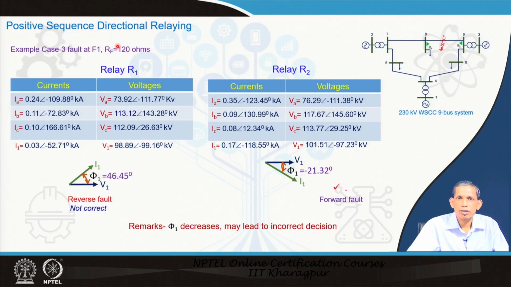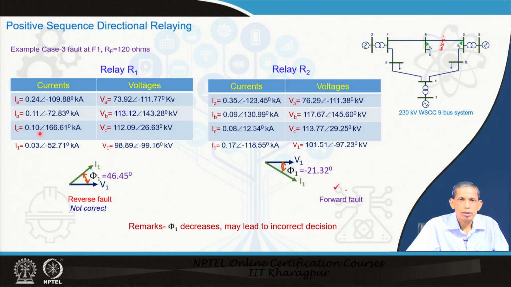Now, we have another case on this evaluation of the directional relaying using positive sequence components. So, we increase the corresponding RF value to be higher, and we already mentioned when the RF value becomes higher, the corresponding path in the positive sequence diagram becomes more resistive. So, that is why the angle is expected to go down from the impedance angle of the line. So, let us see for this F1 fault, which is forward to both R1 and R2, how the corresponding relaying principle performs.